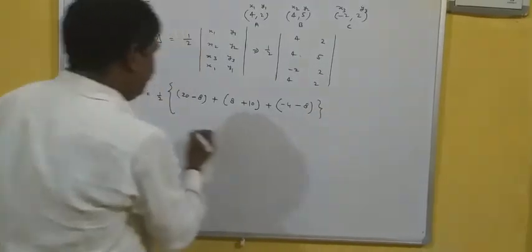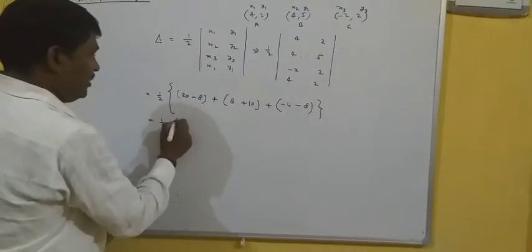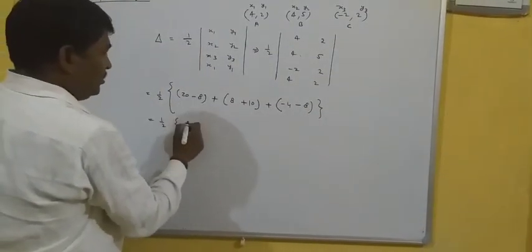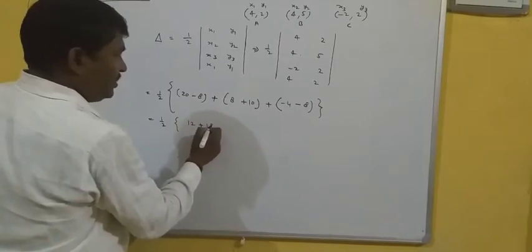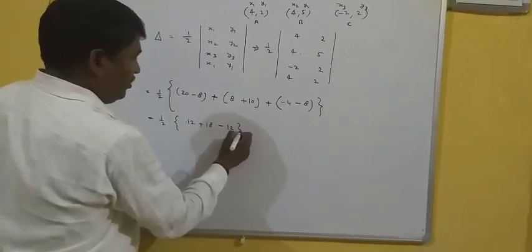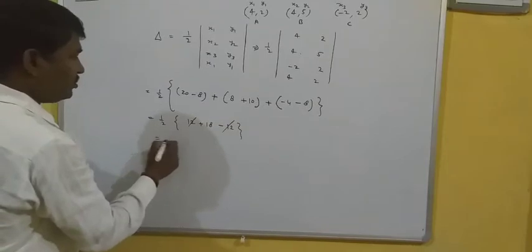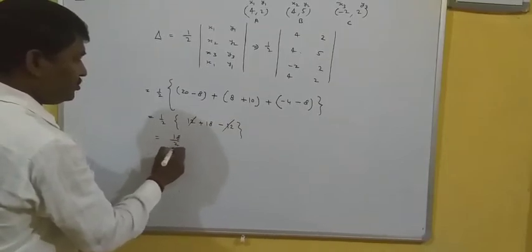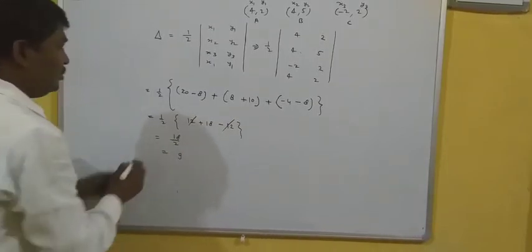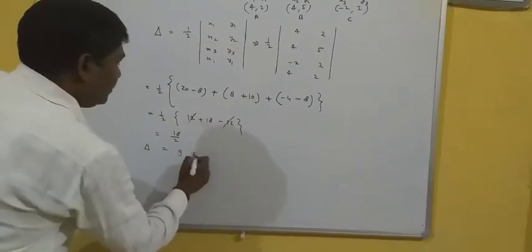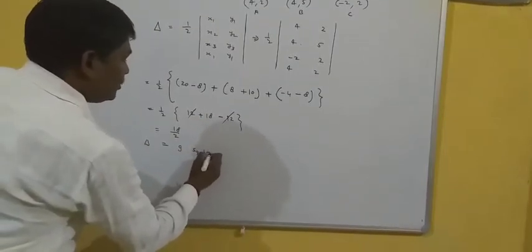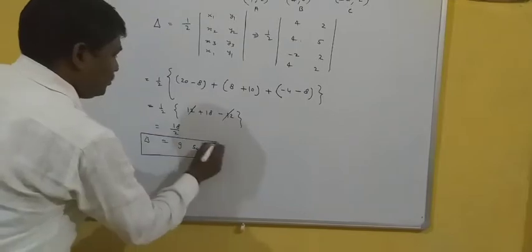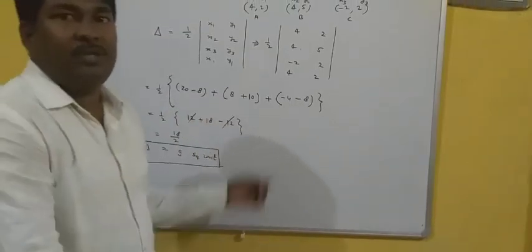Now let's see what are we getting. 1 by 2, 20 minus 8, 12 plus 18 minus 12. This 12 cancels out. So 18 by 2 means 9. So area of a triangle is 9 square unit. This is your answer. In this way